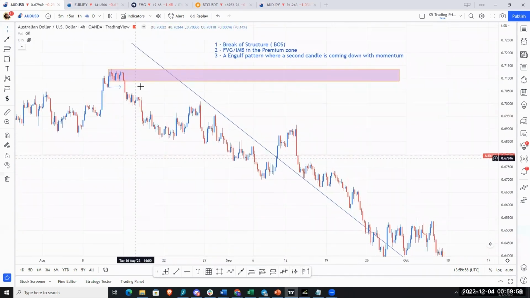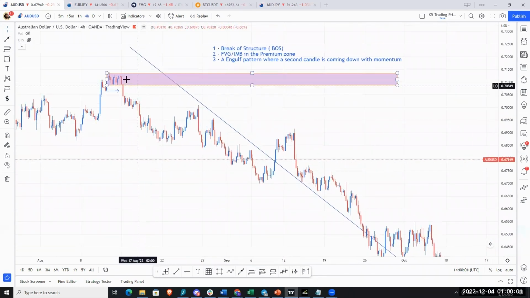Nothing happened in this zone. This is an unmitigated zone. Nothing happened. That's fine, not a problem. The market is coming down. It breaks the structure again right up here. So one important point you need to understand is